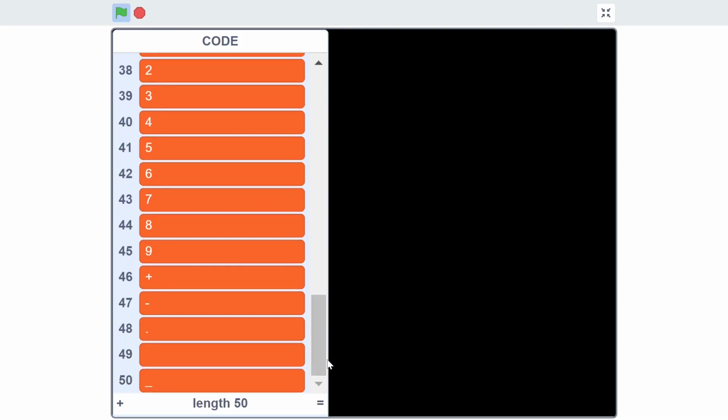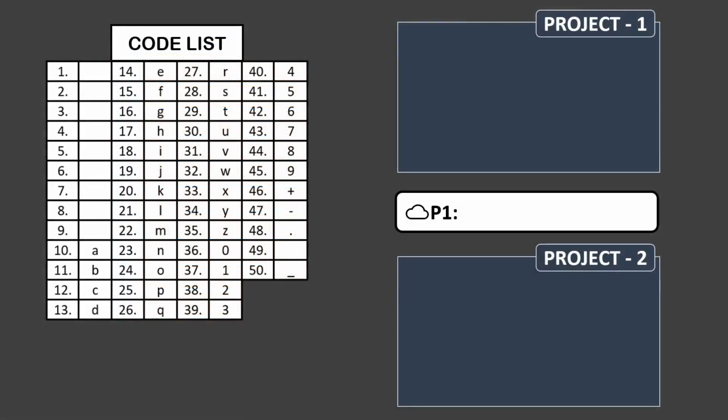Now, let me explain how the encoding and decoding will happen. Let's say we want to send the name dog. Each letter of the word will be converted to its corresponding item number in the list. How exactly would this work out? Well, D becomes 13, then O would become 24. Finally, G becomes 16. Thus, dog gets encoded to